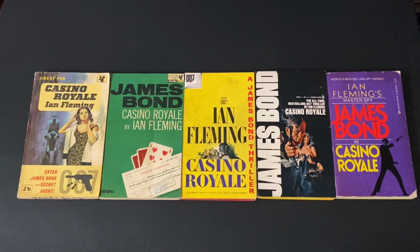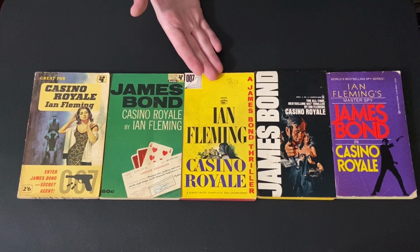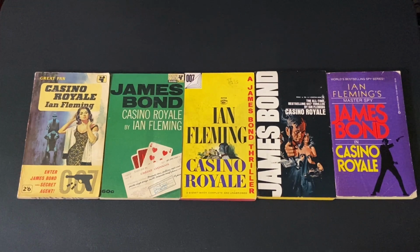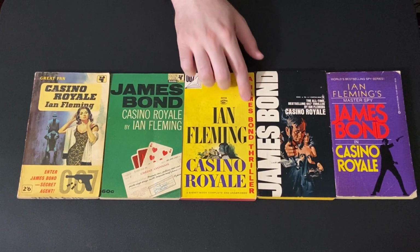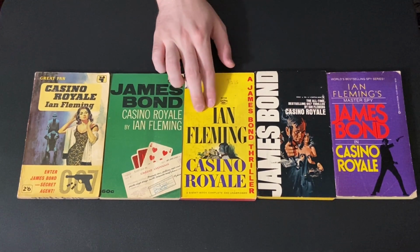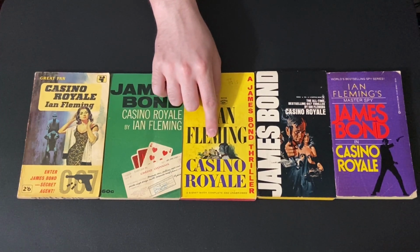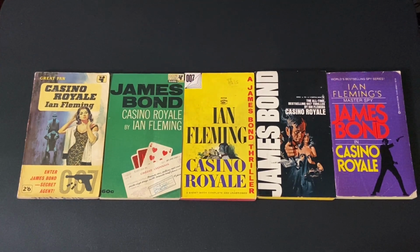Now we come to my personal favorite and the copy I still read every year. This is the copy I had growing up, and when I think of the novel, this is the version I always think of. That is, of course, the iconic yellow-jacketed US Signet paperback from the 1960s with their traditional, again, very famous cover design with the very bold colored background, the James Bond thriller tag down the side, Fleming's name really large in black, and then the very small but very atmospheric little illustration that really captures the imagination, even